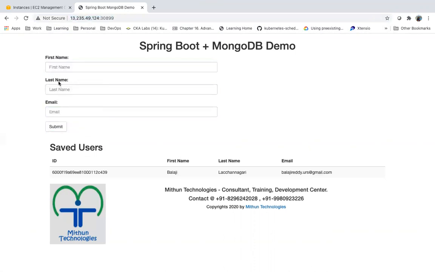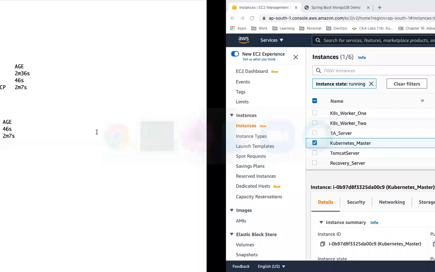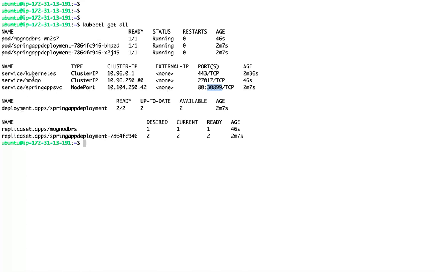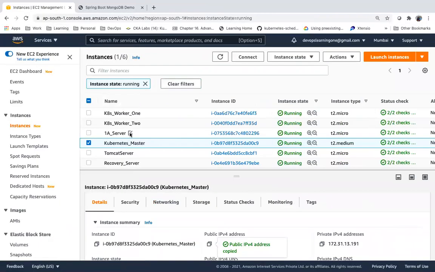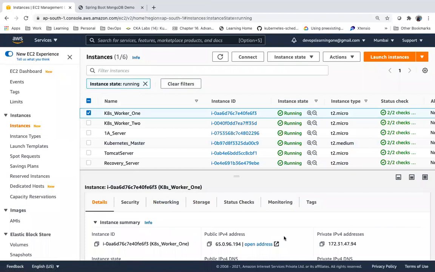This front end application is talking to the database pod with the help of what? Service, right? Service is routing the traffic to this database pod. So I am using a volume with my database. My database pod is running in this node 94, right? I'm using host path volume. Let me go to that server 94, this server where our database pod is scheduled.